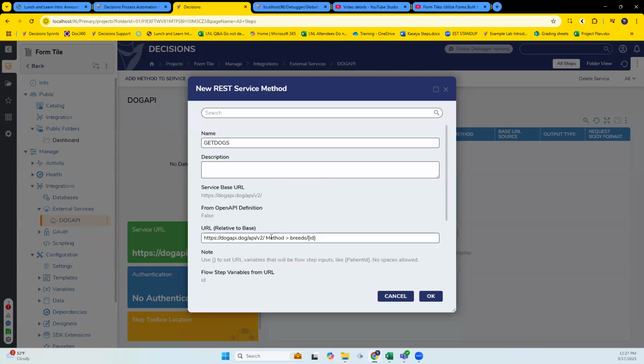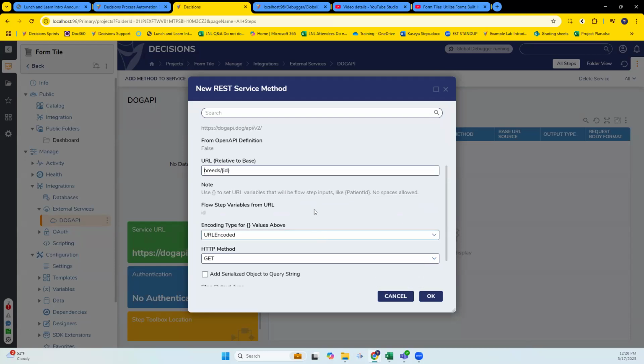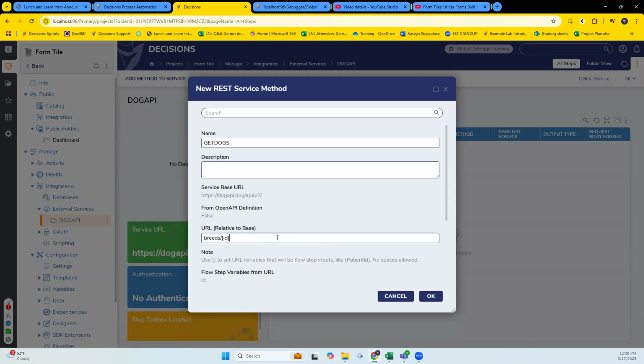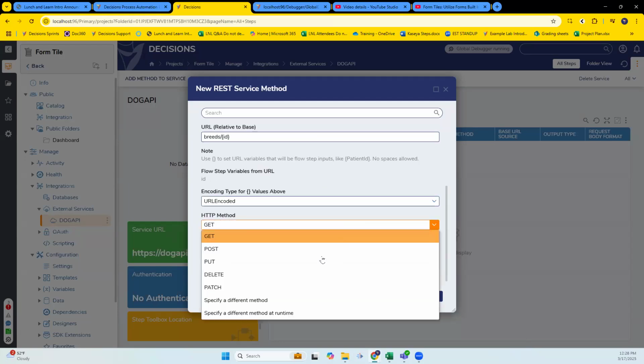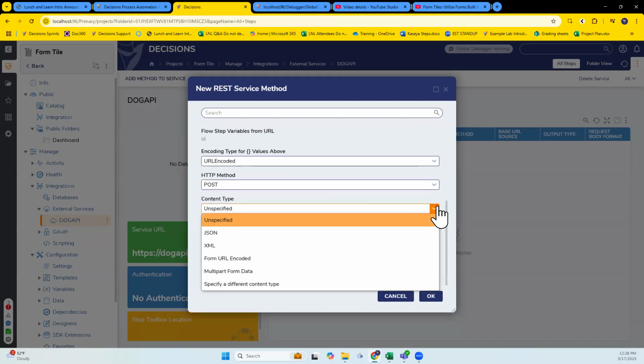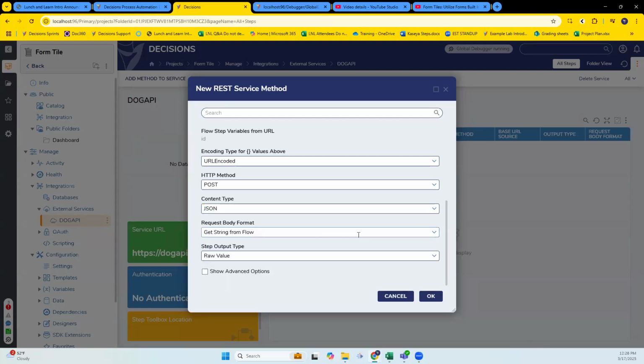Okay. And then URL, add that method. Now here's where, actually no, I don't want to say method. I just want to start breeds. Yeah, there we go. All right. So this allows you a way, get or post. Change it to a post call real quick. We're not going to save it as a post call, but just so that we can demonstrate this functionality here. So content type, click on that, and that should be JSON or whatever you're going to use, but just do JSON for simplicity at this point.